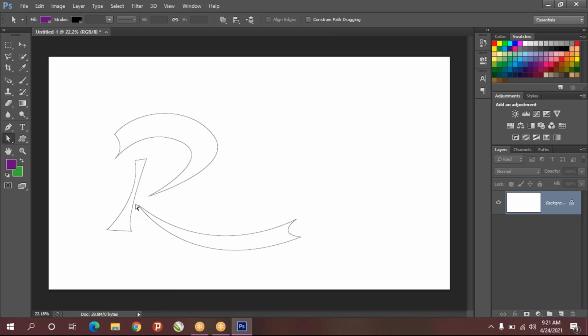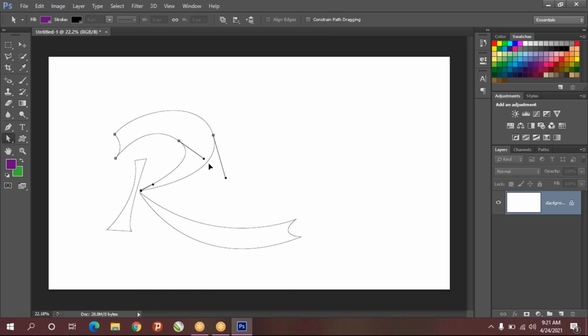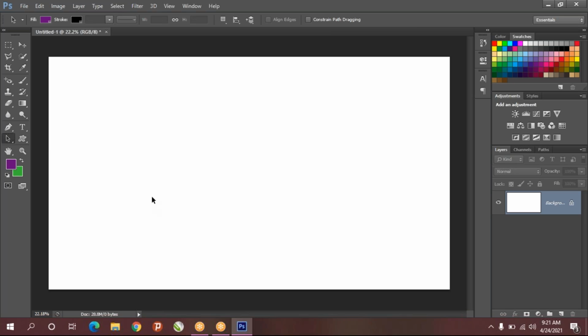And whenever you want, you can adjust by the direct selection tool. So there is no need to worry. So however you want, you can adjust this easily. Okay, by taking path selection and delete it.